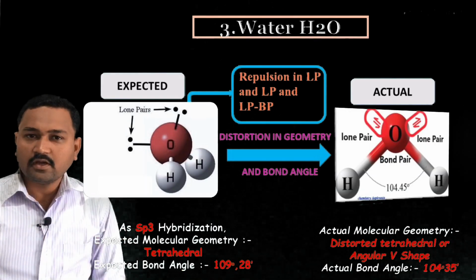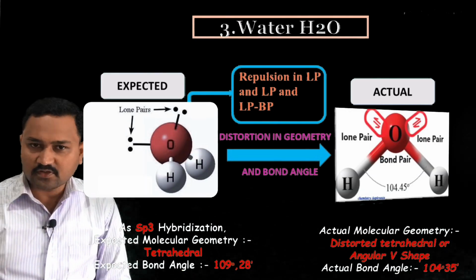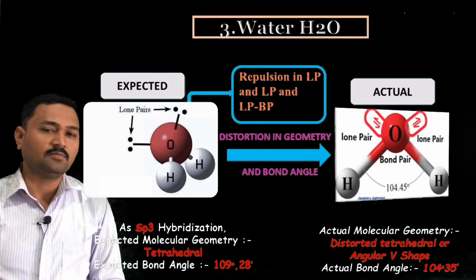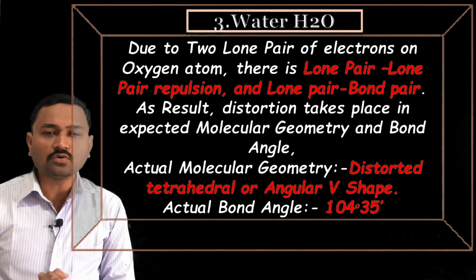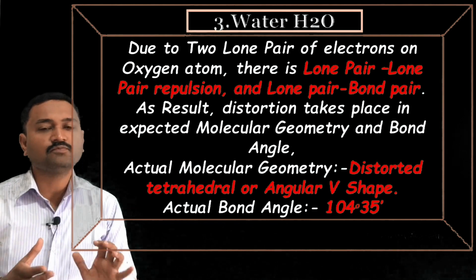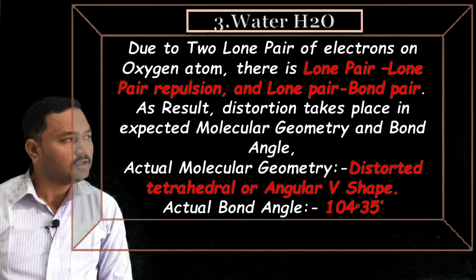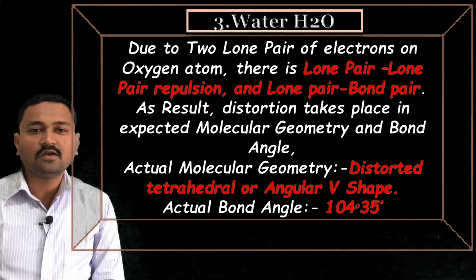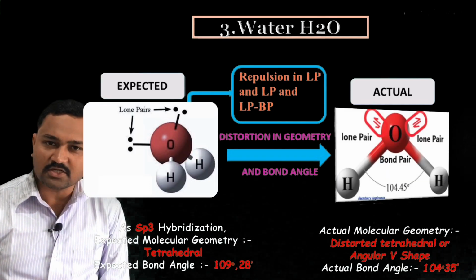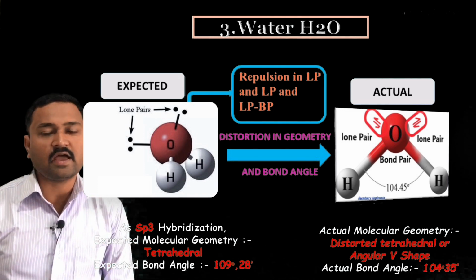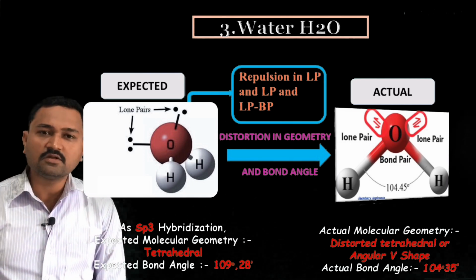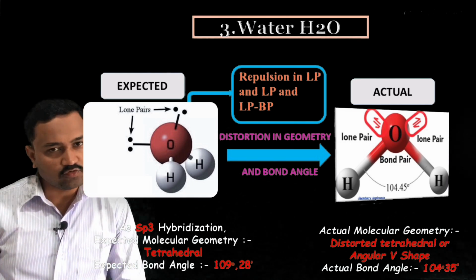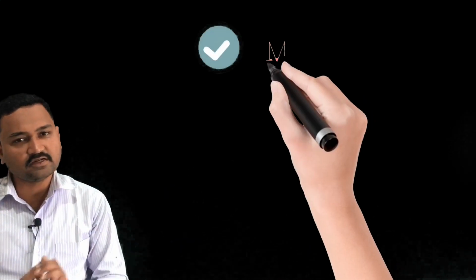Due to the sp3 hybridization, the expected geometry for the water molecule is tetrahedral and the bond angle is 109 degree 28 minutes. But due to the 2 lone pairs present on the oxygen atom, and we know that lone pair-lone pair repulsion is greater than lone pair-bond pair repulsion, the water molecule has a distorted tetrahedral geometry, which is generally known as an angular or V-shaped geometry, and the bond angle is reduced from 109 degree 28 minutes to 104 degree 35 minutes. So these are the 3 different molecules we have studied till now,